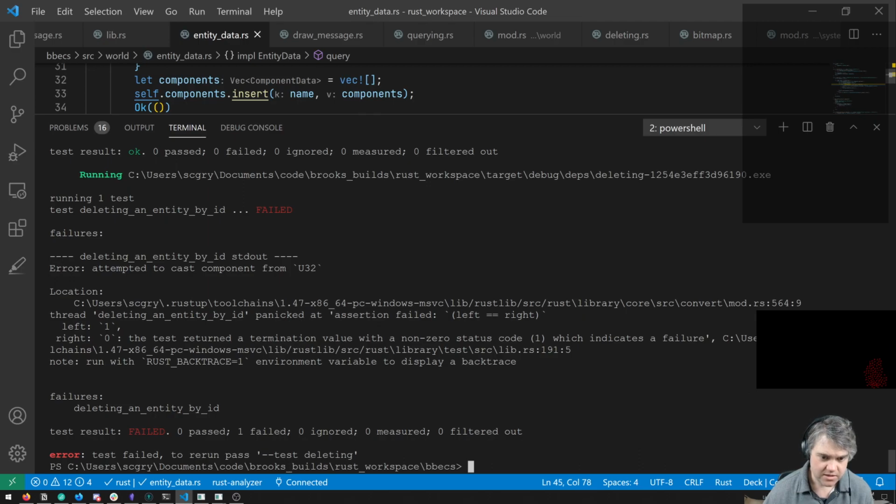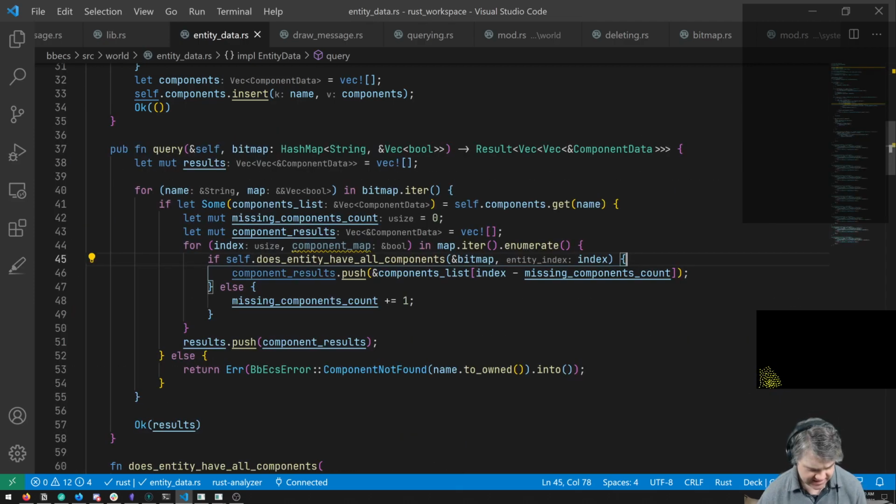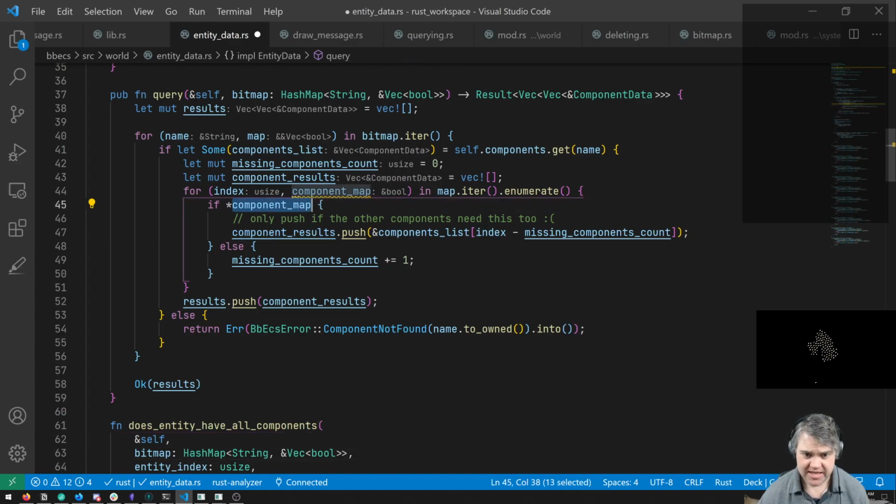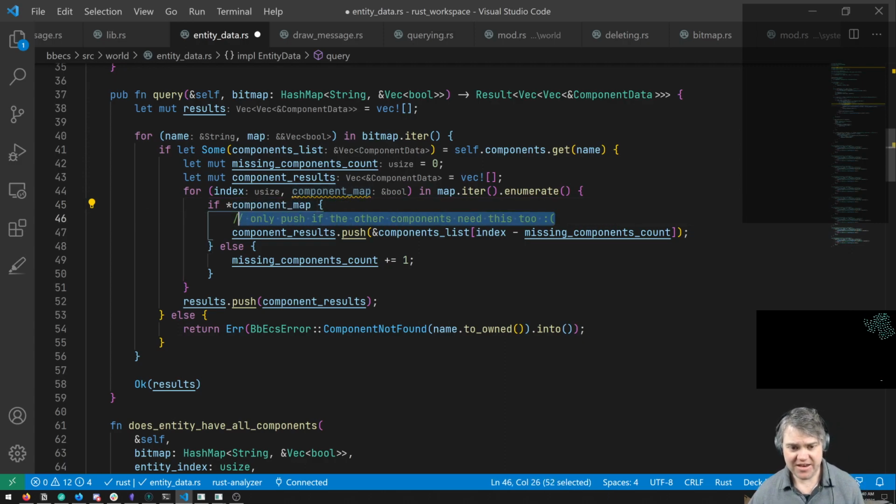No. Okay. So attempted to cast component from a u32. So that's not correct. I think first of all, we need this to be, hey, if you're false, then if you're true, then we have another if statement here.